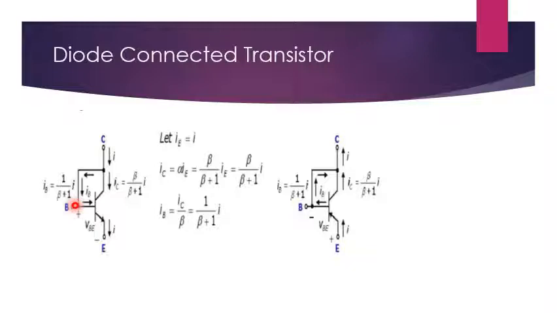Current gain. Gain means what? Output by input. What is your output? Output is collector current. Input is base current. So output by input, it is IC by IB. Okay, right? So your IC equal to beta times IB. So if you substitute in that equation, your IE is equal to IC plus IB, we will take IB as common, and we'll get 1 plus beta. So that is what I have shown here, 1 plus beta value. Clear?